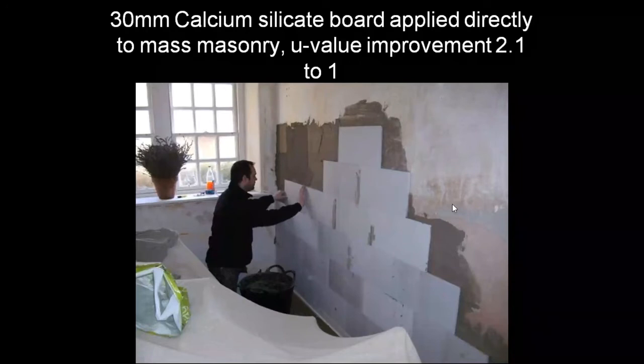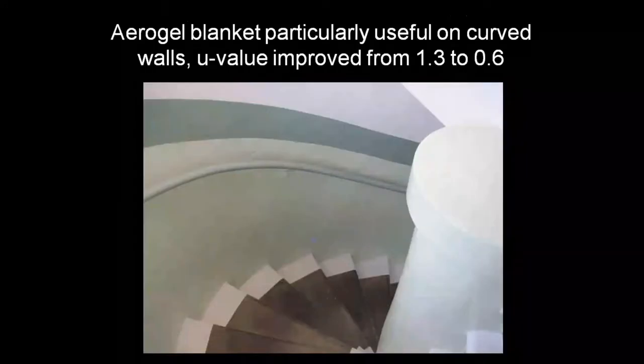The computer's telling me my battery is running low, so let's see if we can fix that. That should be us. So about a 50% improvement